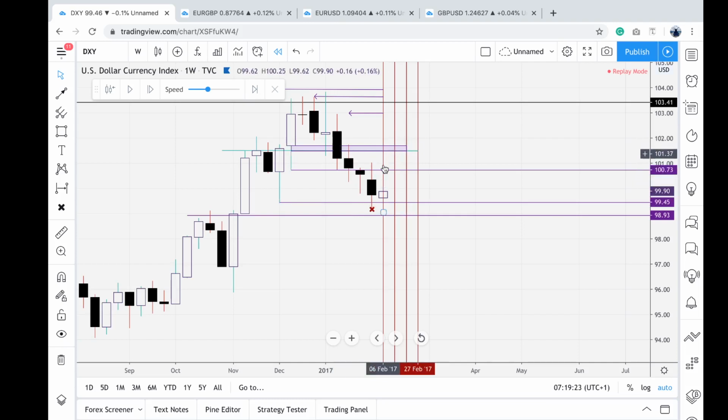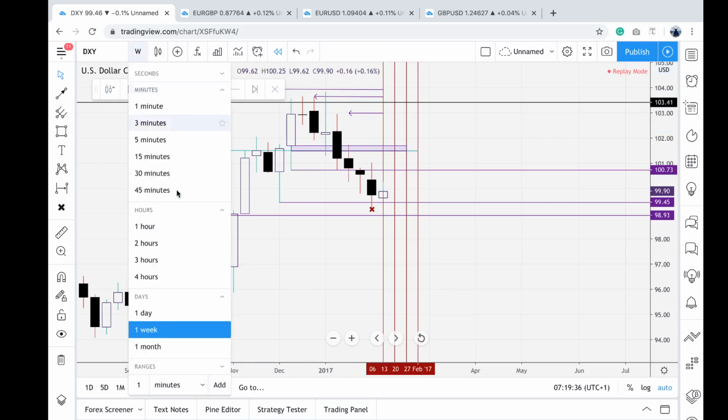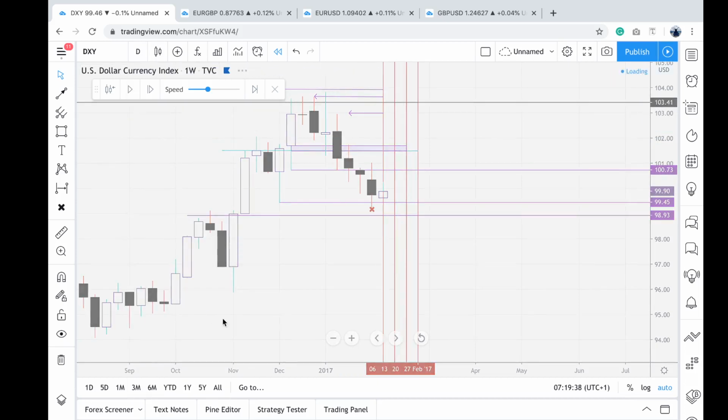And if price trades through this level, then we could begin to consider the mean threshold of this candle. And if price disrespects or disregards that level, then we can look for the upside targets, and price could potentially keep trading higher. All right, so if you switch over to the daily time frame,